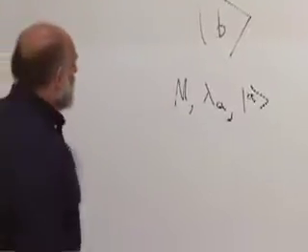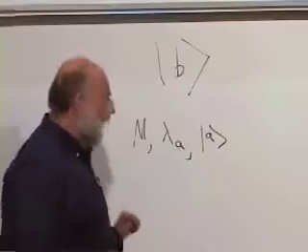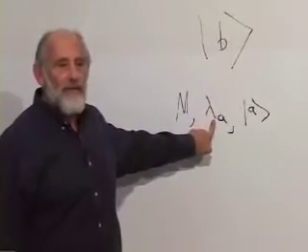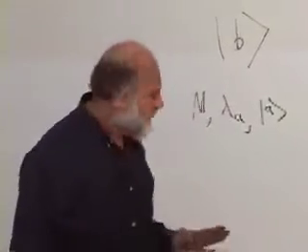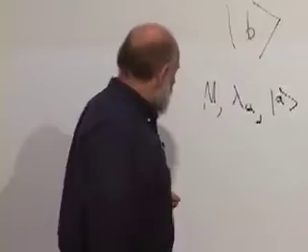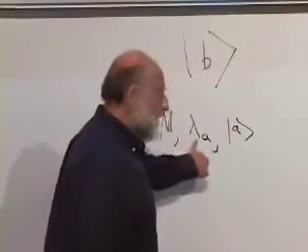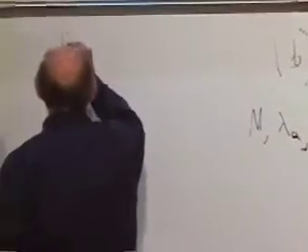Then we could ask the question, if the system is prepared in B and we measure M, what's the probability that the answer will be lambda A? Lambda A are the possible values that you can measure. M is the thing you're measuring. And A is the eigenvector of M with eigenvalue lambda A. The answer is that the probability